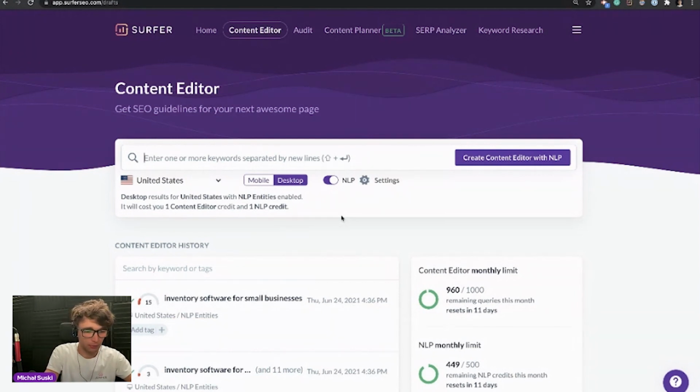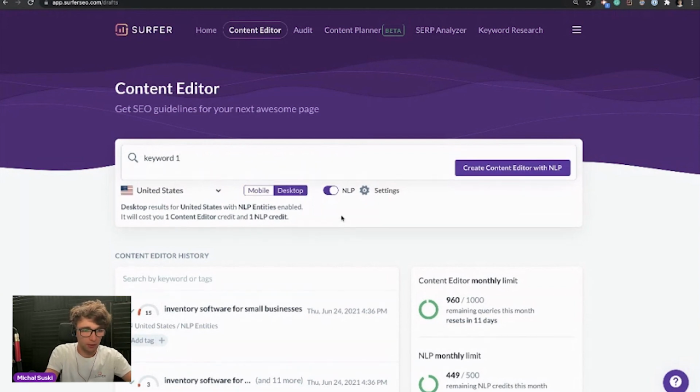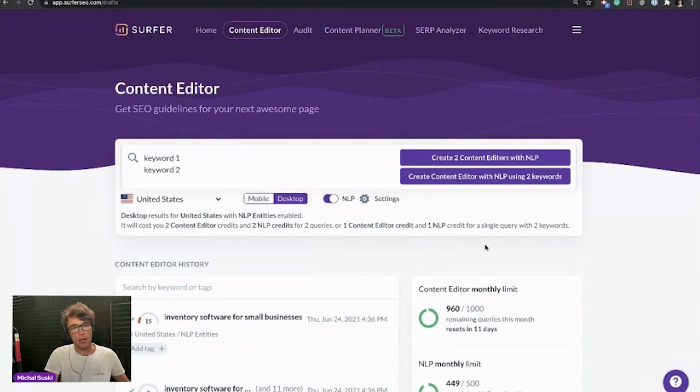So you basically type the first keyword, keyword 1, hold shift and hit enter, and keyword 2. And what you see on the right hand side are two buttons. The first one will create two separate content editors. So if you want to create a bunch of content editors in bulk against one keyword each, that's the button you click. But it is better if you create one content editor based on 2, 3, 4, 5, 10 keywords, because this way